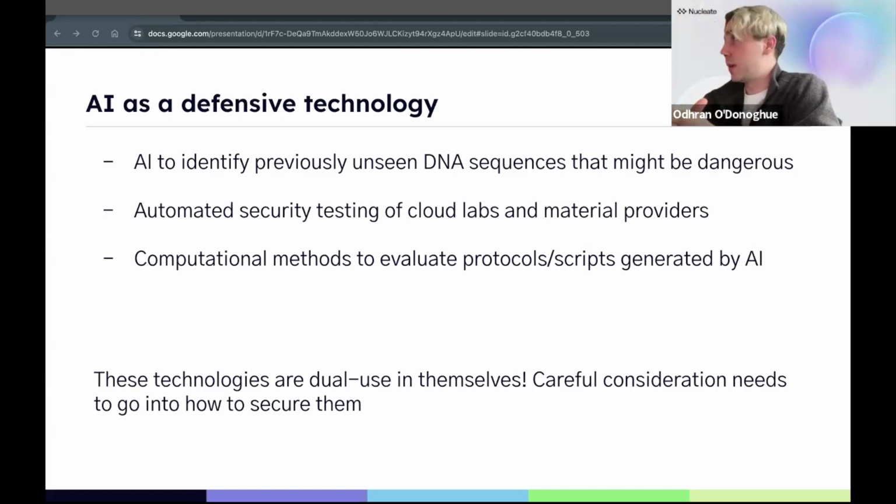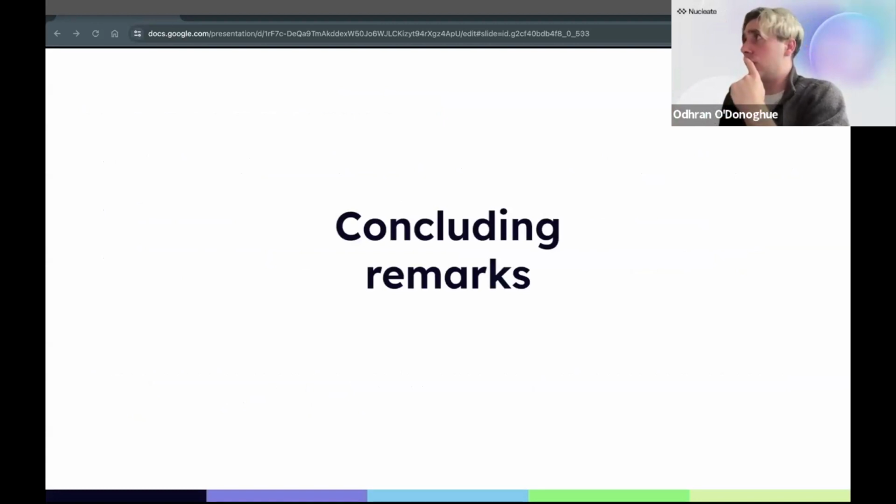Of course, this being said, these technologies in themselves are very dangerous. If I'm building this suite of technologies designed to get around the security checks in a DNA synthesis company, that is something which could very easily be repurposed into something weaponized or used for danger. And so a lot of thought also needs to go into how you secure these mechanisms which are meant to be used for safety testing as well. So that has given a real overview of the possible risks, possible mitigations, and possible futures of lab automation.